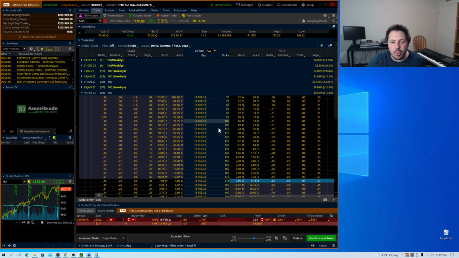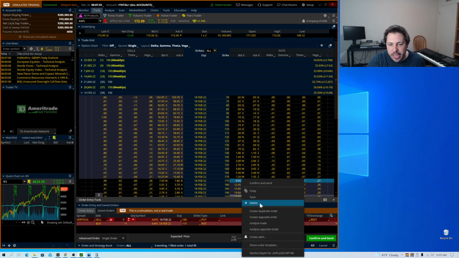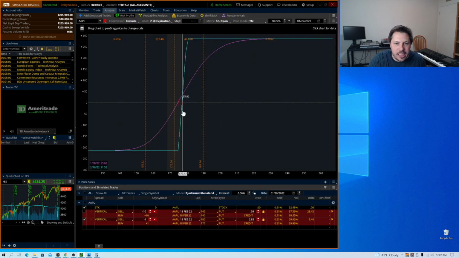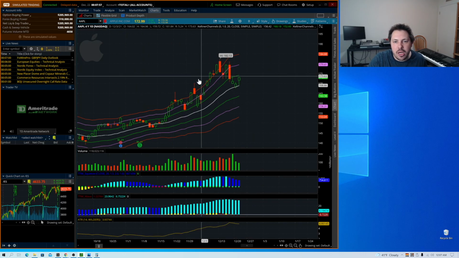In the sense that when we look at this option chain, for this spread to make money, Apple is definitely going to need to go up at least enough to where Apple is above this 180 strike, which is the short option we sold. Okay, so really important to understand